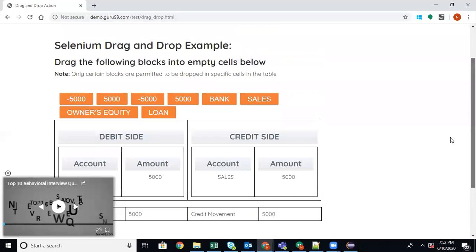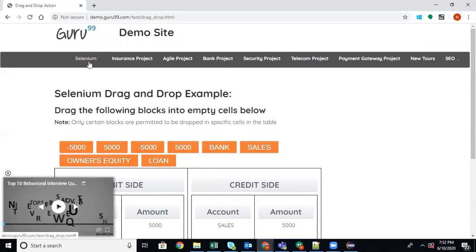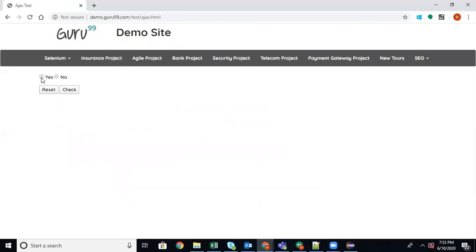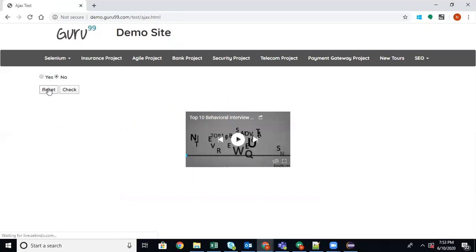Something like this is called drag and drop. And this is called a radio button, and this is called buttons. So these are some of the web elements.